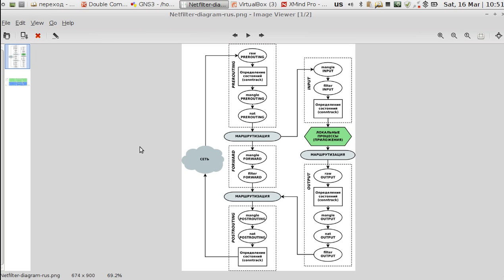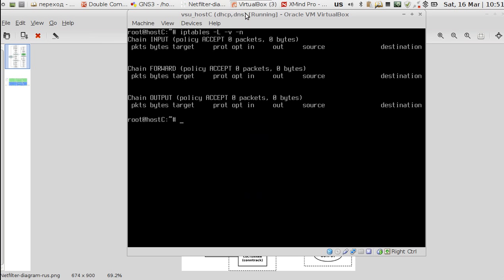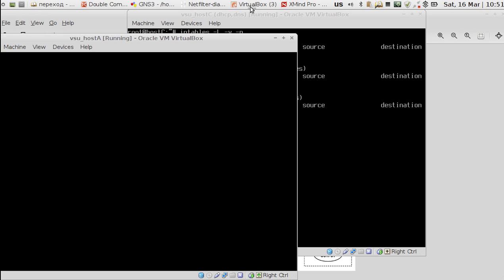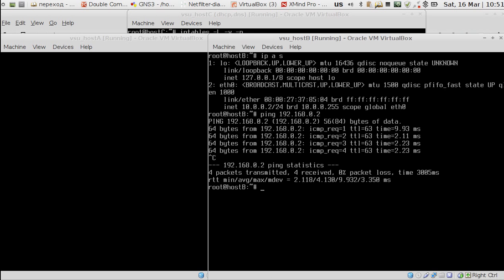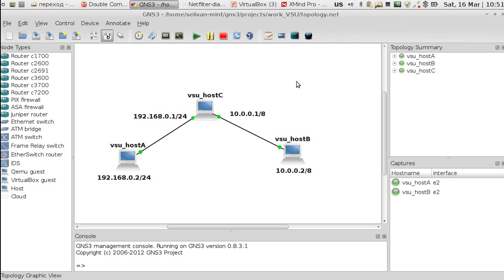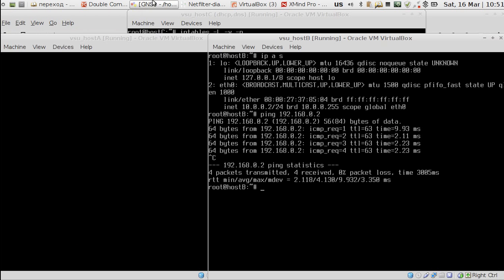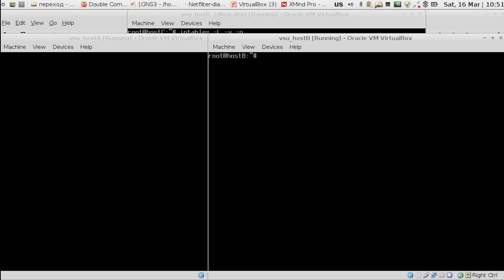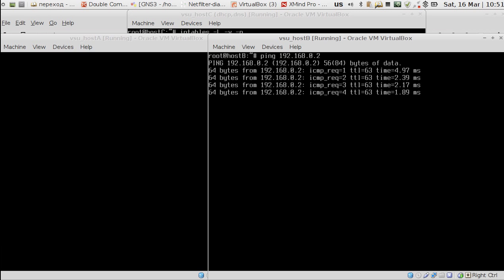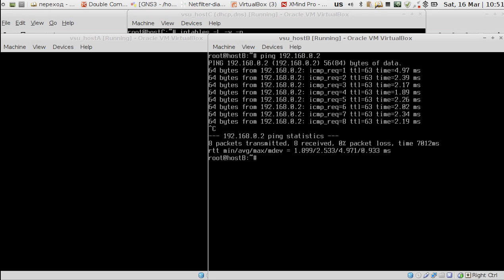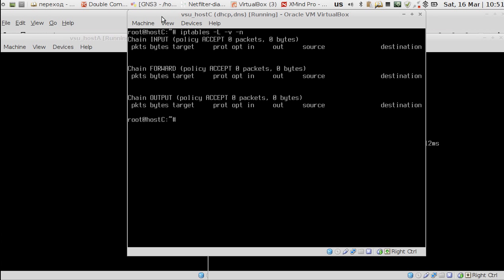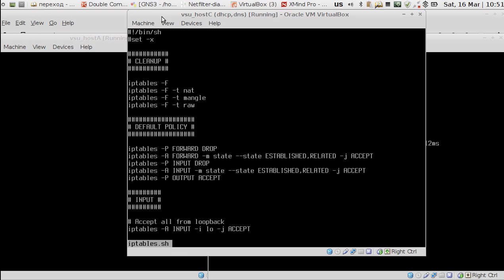Let's see an example how this works. Here host C is router, host A and B are just simple hosts, as you see on this scheme. And you see we may ping host A from host B. Packets are going through host C. Here is simple